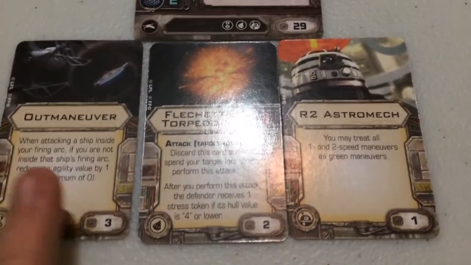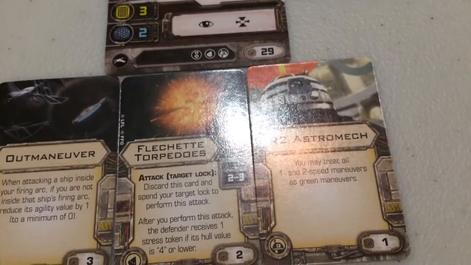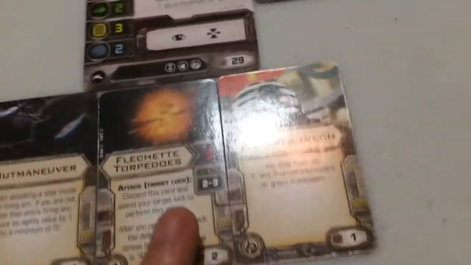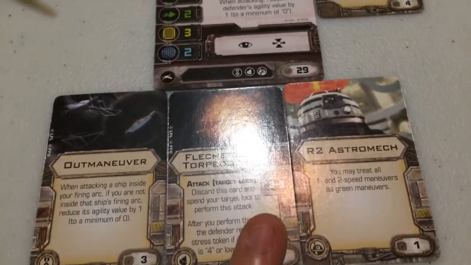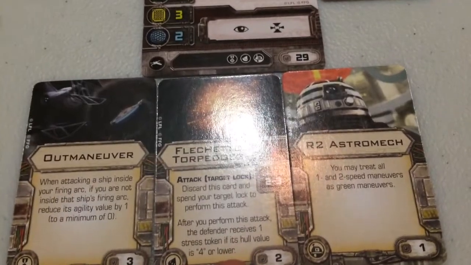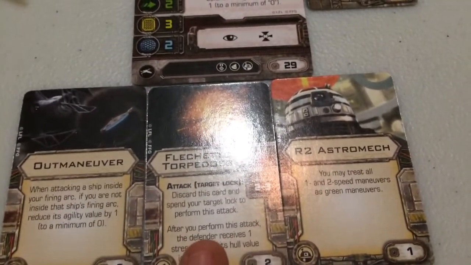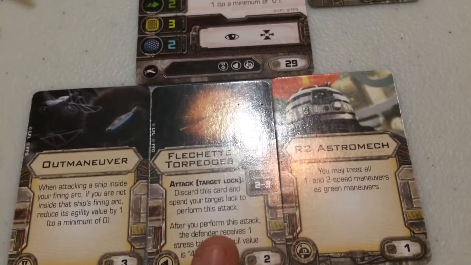But most opponents are going to be fielding starfighters with hull values of 4 or lower, so this is definitely going to help. The thing I like most about the flechette torpedoes is that even if this attack misses, as long as their hull value is 4 or lower, they are going to get stressed regardless of whether this hits or misses. Coupling this with the munitions failsafe is pretty much a good way to deal stress out to